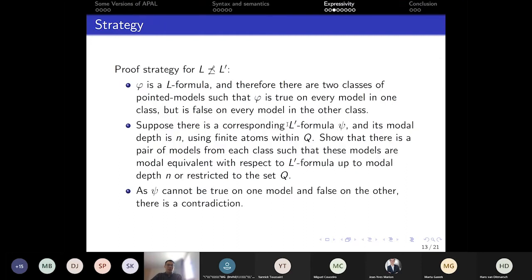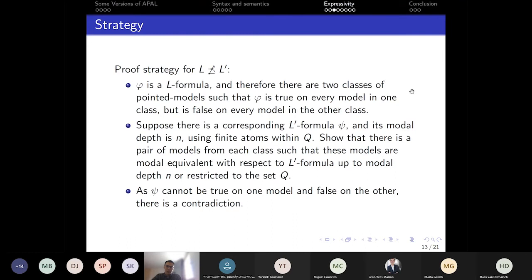Okay. So I will introduce a proof strategy in our paper, which I used multiple times to show that a logic L prime is not at least as expressive as a logic L. So suppose phi is an L formula, and therefore there are two classes of pointed models such that phi is true on every model in one class, but it is false on every model in the other class. Then suppose there is a corresponding L prime formula psi, and its model depth is n, and it only uses